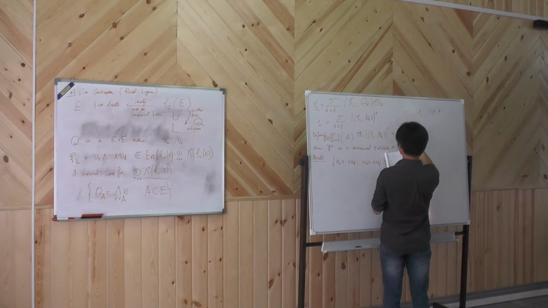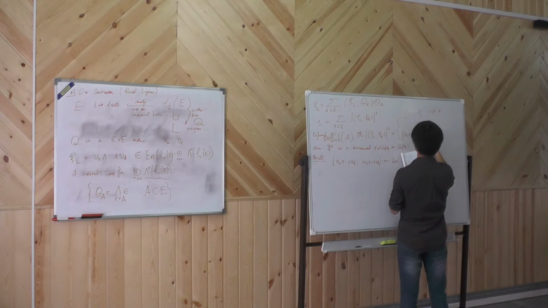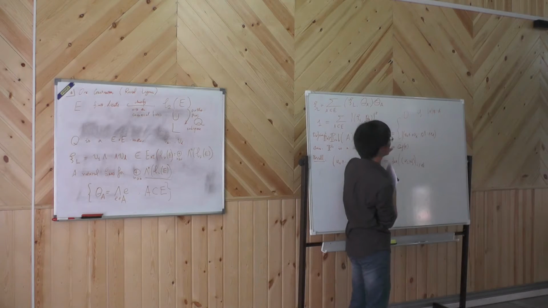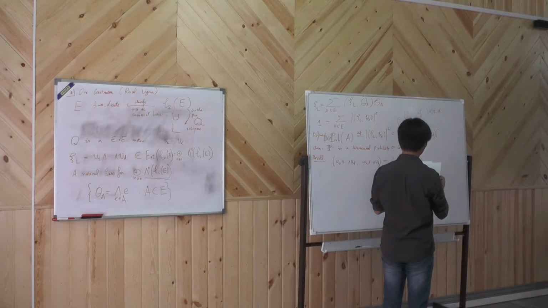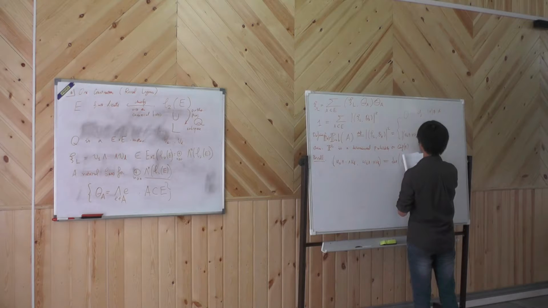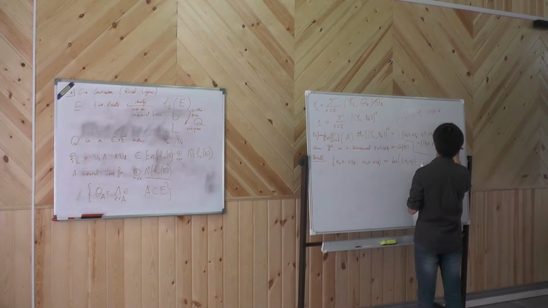what? V1 through VD, and let us write E1 to ED, where E1 to ED is the element of A. And we will see that this equals V1 through VD,